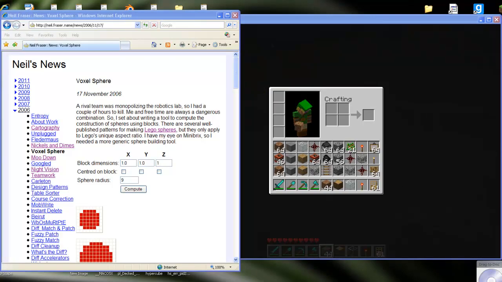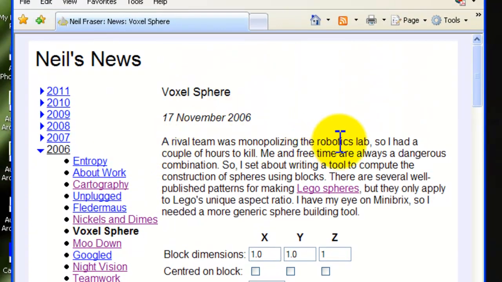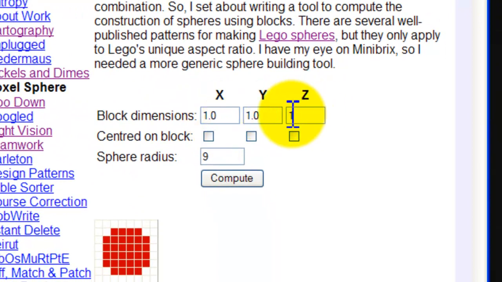Alright, so right when we want to start, you have to figure out the radius of your sphere. Radius, not diameter. It's important that you use radius. And so, this is a site that I found. It's called Neil's News, and I'm gonna put a link in the description, but there's a section on voxel spheres, and basically, when you go down here, X, Y, and Z, you want to make sure that all the blocks dimensions are 1. And you don't mess with these. I'm not really sure what these do, but you change your radius to whatever your radius is. Mine is 7, and you compute,